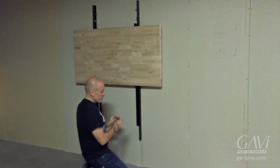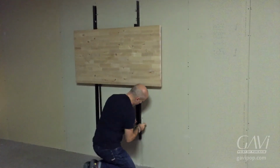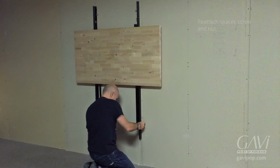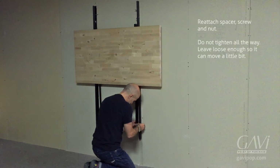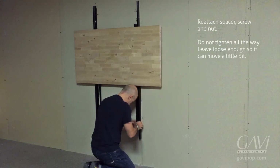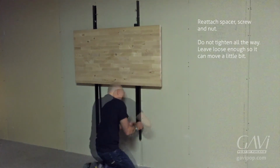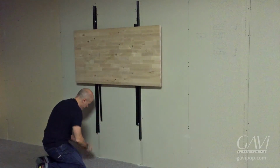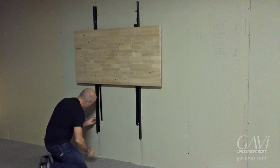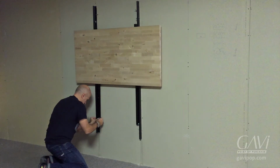And this is going to be in the perfect position to put your spacer and your screw back on. You put your spacer on, and the screw is going to be perfectly where it needs to be. Done. Next side, spacer in,